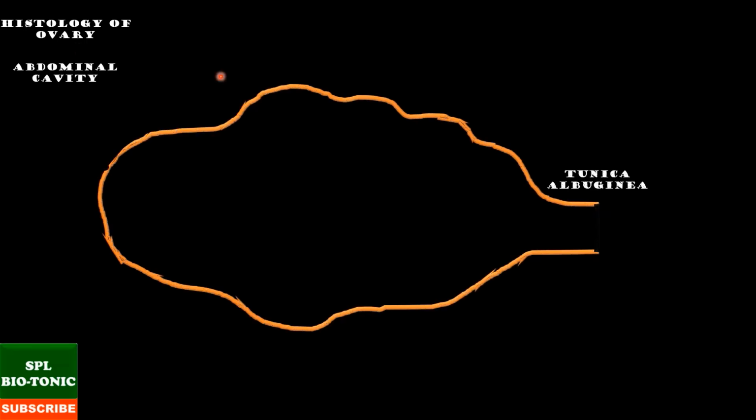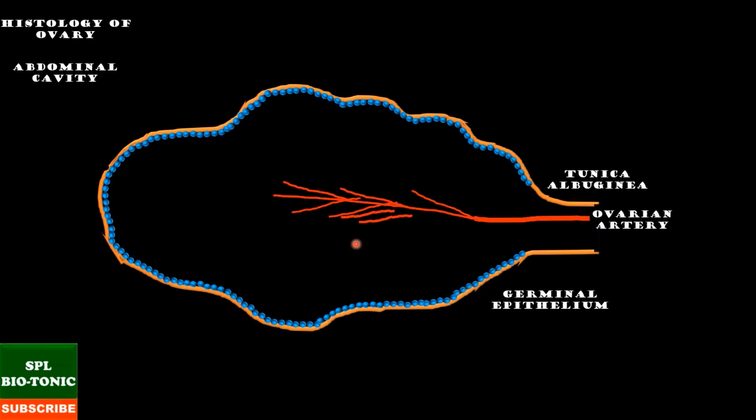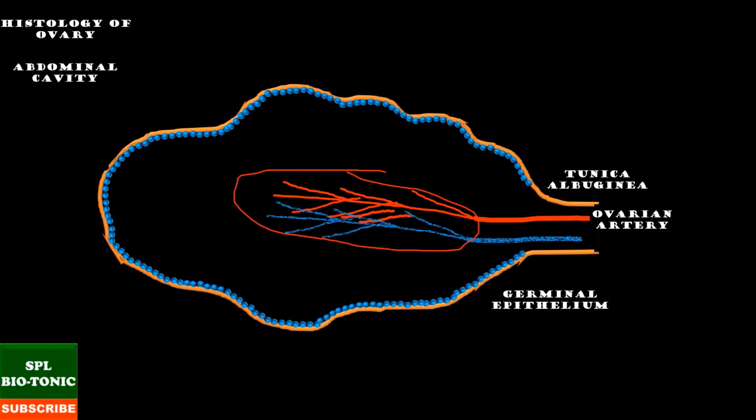As we said earlier, ovaries are located in the abdominal cavity close to the kidneys. Each ovary is covered with connective tissue capsule called tunica albuginea. Histologically, ovaries are made up of outer cortex and inner medulla. The central part of the ovary is medulla, which shows connective tissue containing blood vessels, lymph vessels, and nerve endings. The cortex shows follicles at different stages of development.